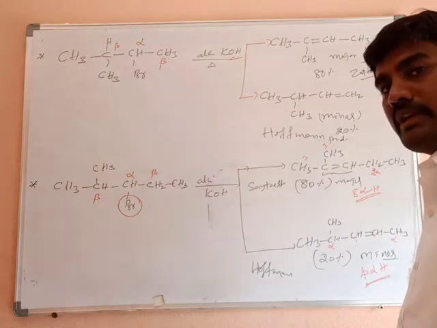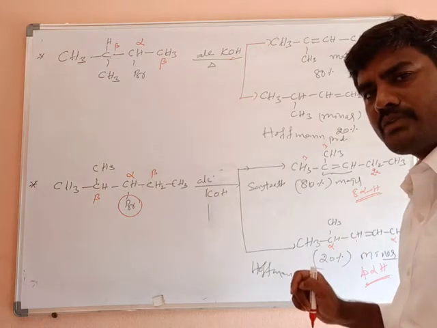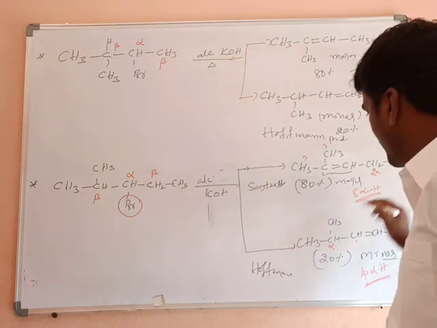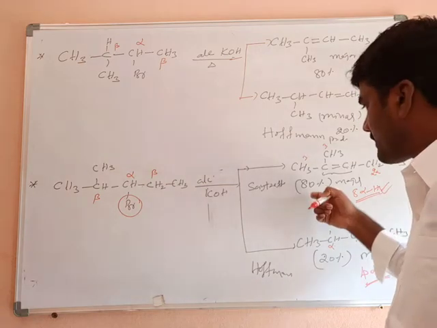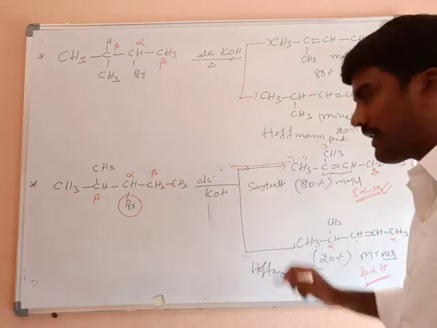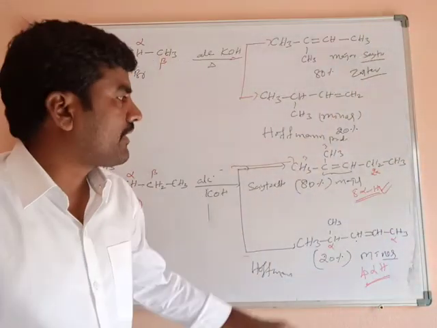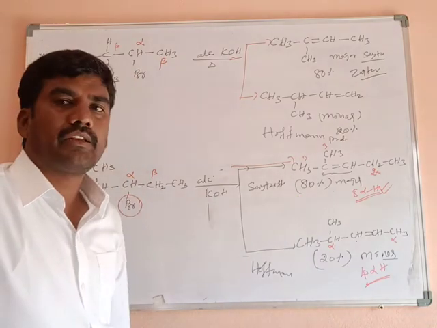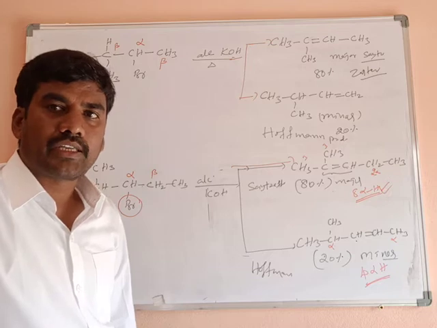Okay. Now the stability of an alkene depends on the number of alpha hydrogens. Clear? When the number of alpha hydrogens is more, the alkene is more stable. So 80% will form. This reaction is very fast. This reaction is very slow. Clear? Now this is 80%. Why 80% will form: because of the stability of the alkene. The number of alpha hydrogens decides the stability of alkenes. Clear?